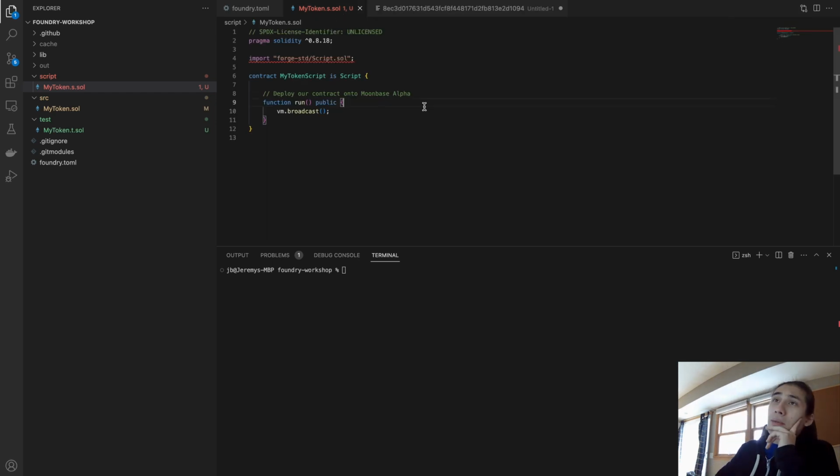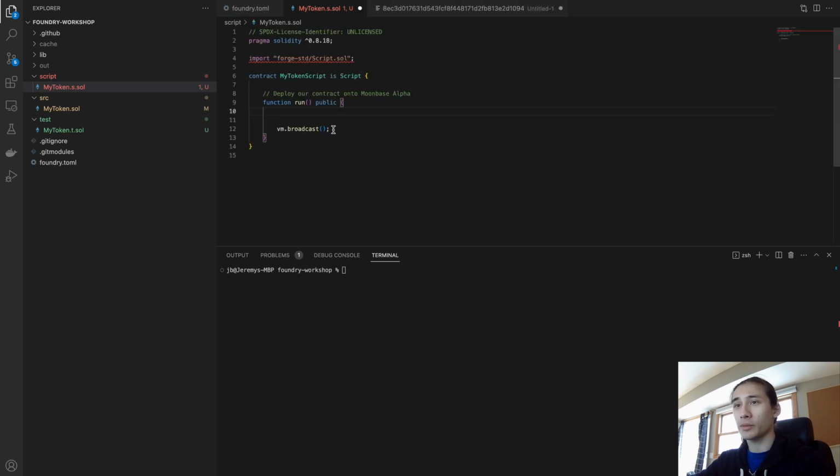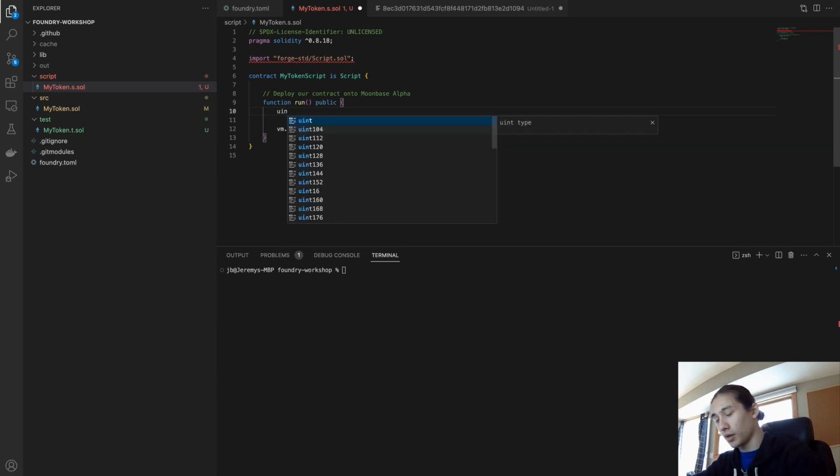Now, typically, when you're working in a Hardhat environment, you would import it from environment variables. How do we import things from environment variables here? Well, we're not going to have a .env file, but we can still make environment variables by using just commands in the command line. So, assuming that we put our private key into the environment variables, we can get it by using another cheat